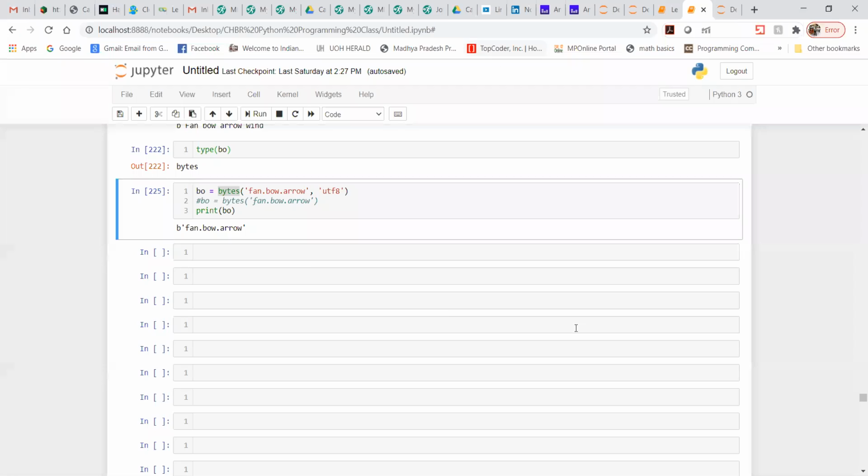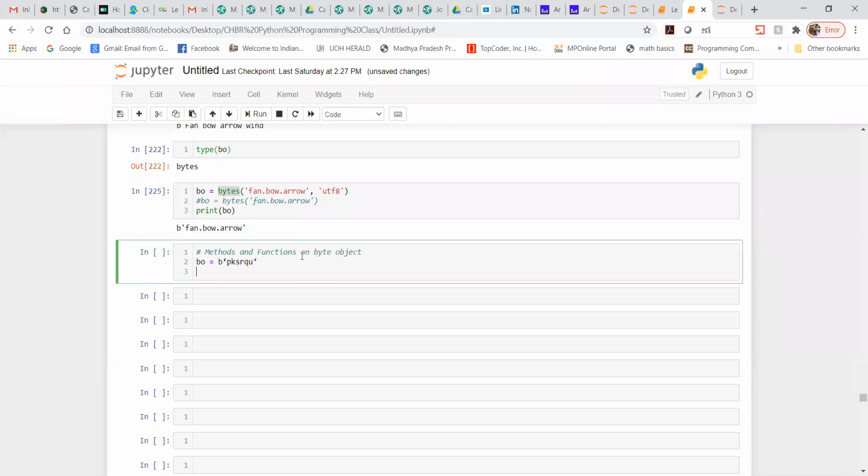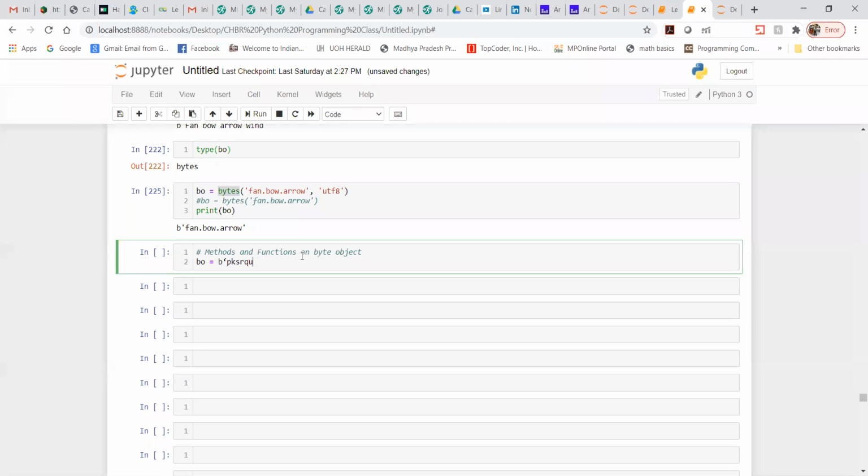Let me specify here: methods and functions by object.